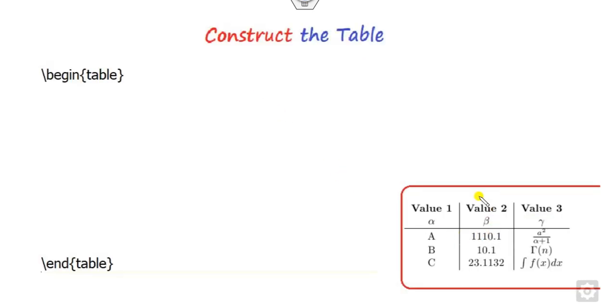Firstly, you have to construct this table in a horizontal manner, and then we will put in one line so that this table will be converted to have some angle. So how can you construct the table?